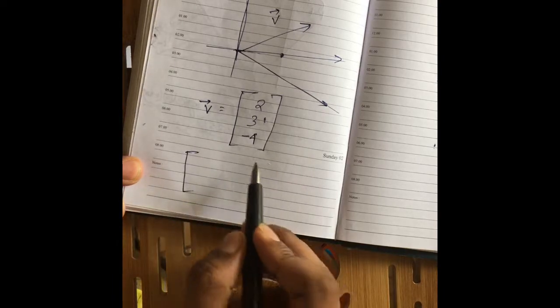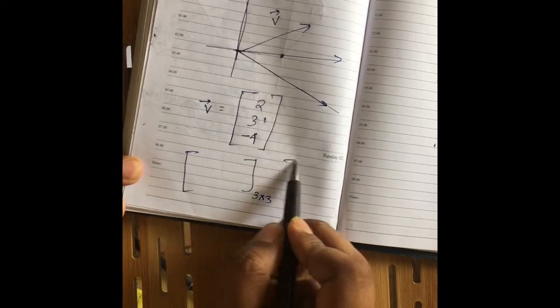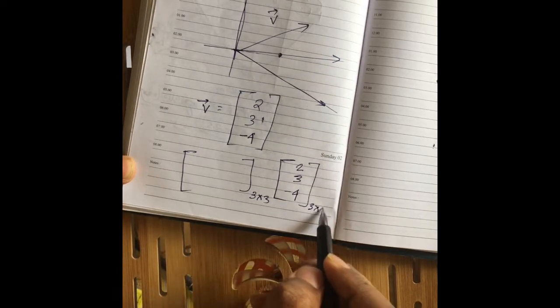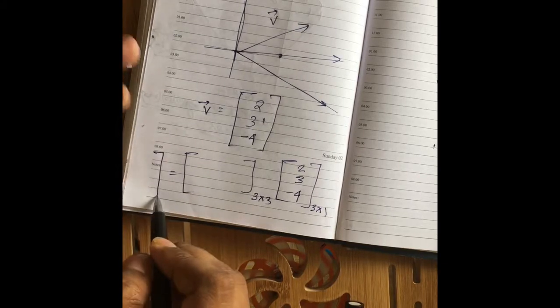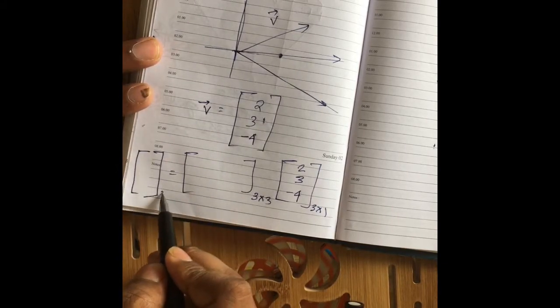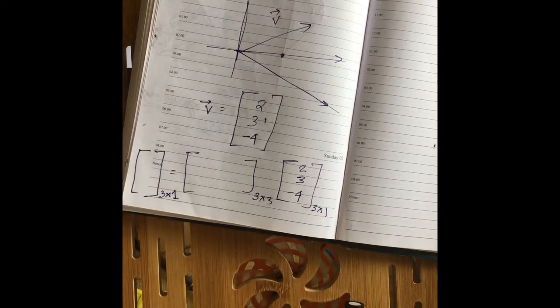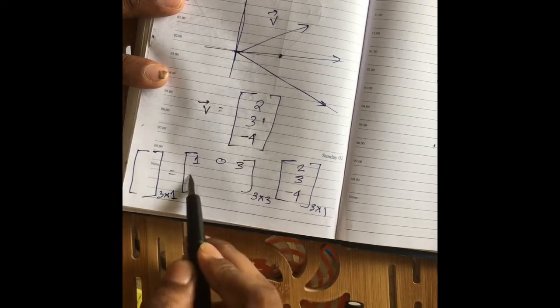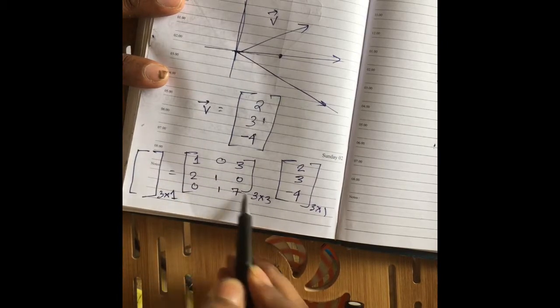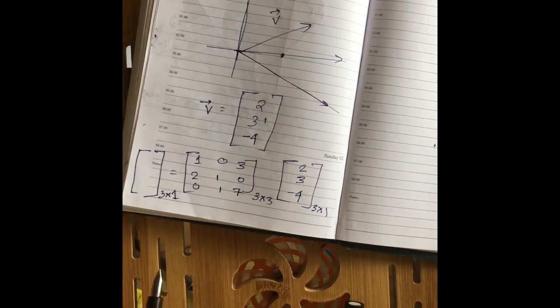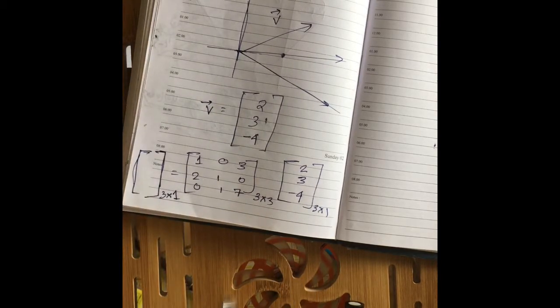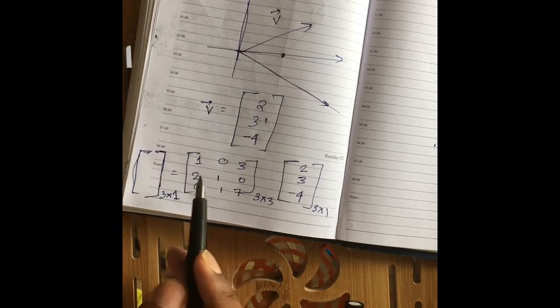So if I have a 3 cross 3 matrix, I know that I can multiply it with this 3 cross 1 vector, and I also know that the result of this multiplication will be a 3 cross 1 vector. So say I have a matrix 1 0 3, 2 1 0, 0 1 7. This is a 3 cross 3 matrix, and it operates on a vector and spits out another vector. In this case, the vector that we will obtain will be